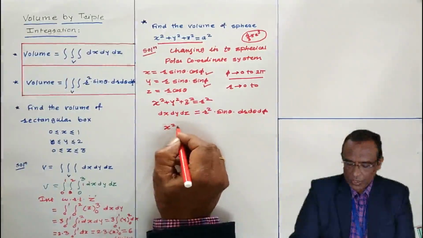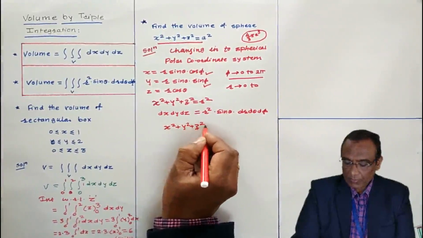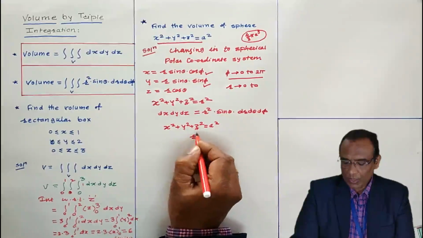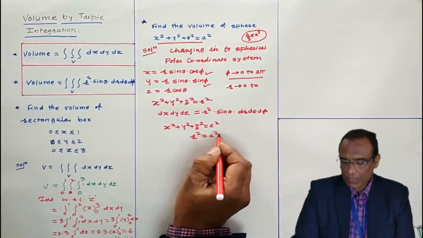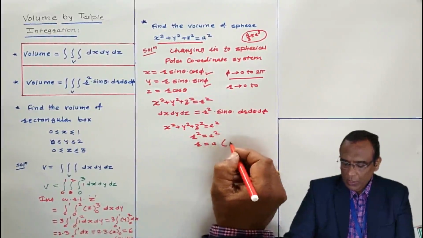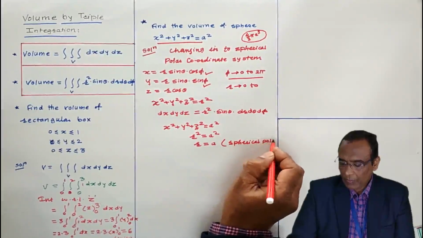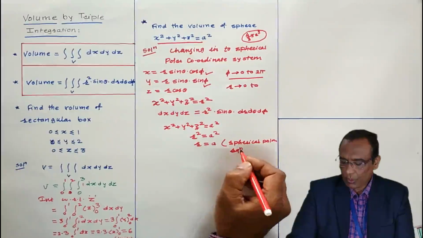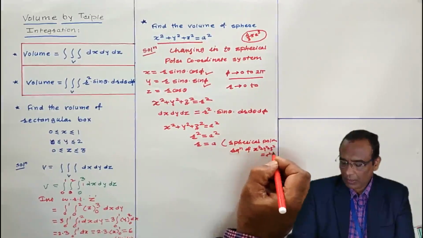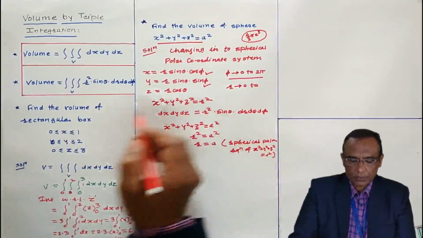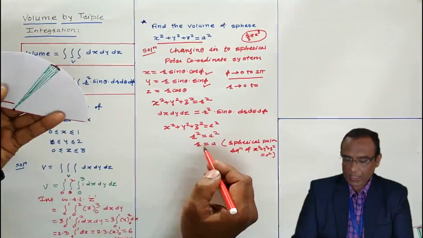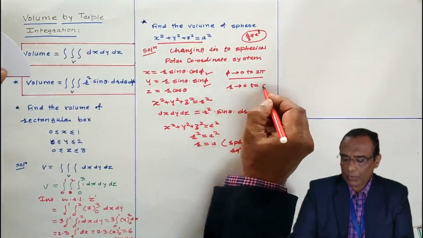This is the equation of the sphere. x square plus y square plus z square equals a square is the given equation of the sphere. We are converting into spherical polar, and the value of x square plus y square plus z square, when you convert into spherical polar, is r square equal to a square, and r is equal to a, r is positive. Now this is the spherical polar equation of the sphere, and this one is the Cartesian equation of the sphere. The terminal end is on the sphere, r is equal to a, therefore r varies from 0 to a.